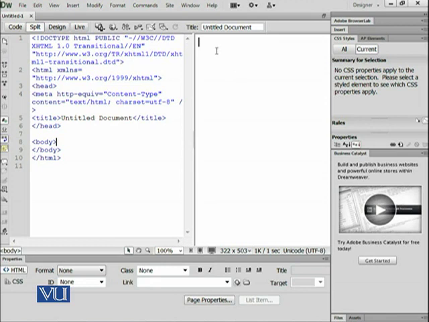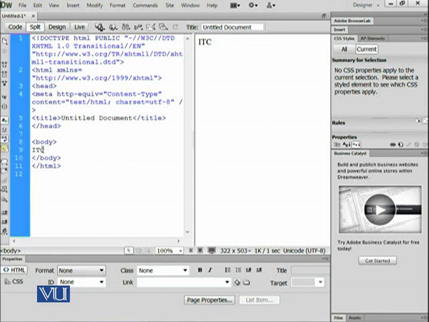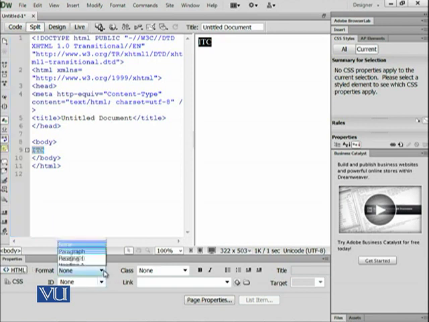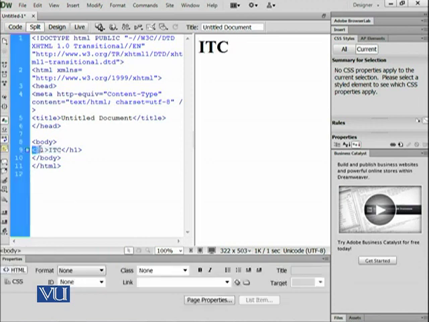For example, if I click on the right side, you can see that the cursor has moved to the body tag, and if I write ITC, which I have shown you in the last module, it has written it over here. And in the properties window, if I select the format H1, you can see that it has added H1 start and end by itself, right?